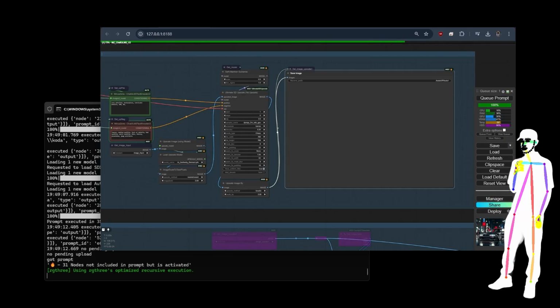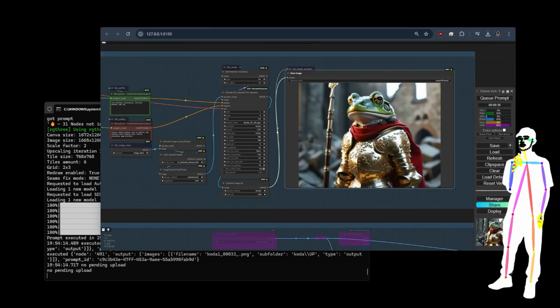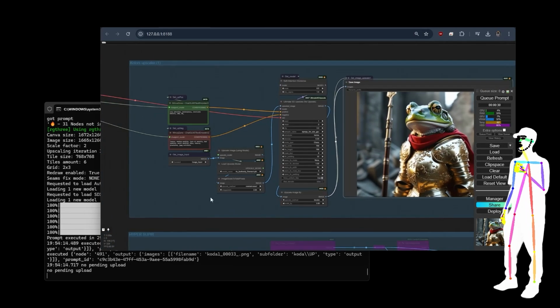So I think this might take a second, so give it a minute. Actually, it didn't take that long. Okay. So let's just see what this actually does. So what it's doing